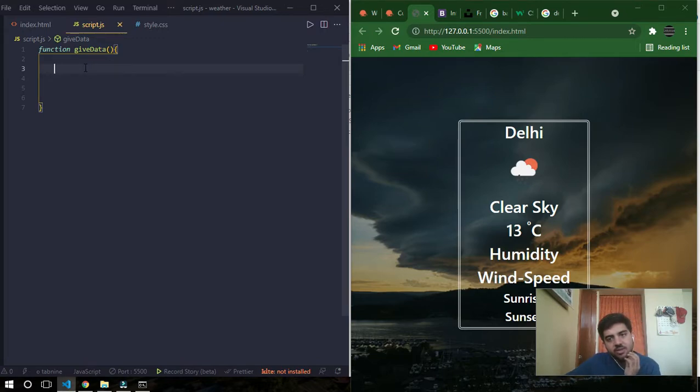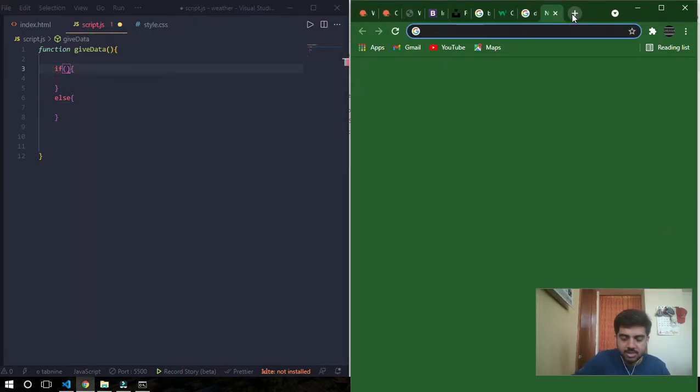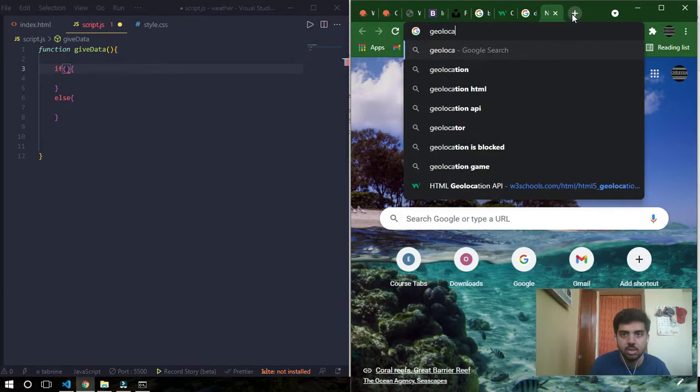First of all, I want to know where the person who will be accessing this application is residing. So I'll be using the geolocation API of JavaScript. So I'll take if and else statements. I'll just check the syntax. Geolocation API.